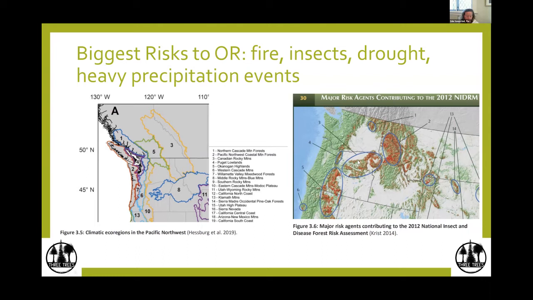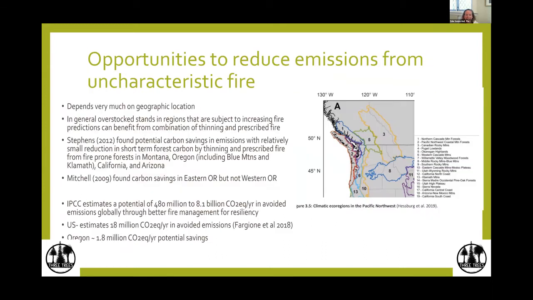This is the reduction of the equivalent of about 77 million metric tons of CO2 per year, which seems like it's about the state of Washington's total greenhouse gas emissions, although I have a feeling that Washington has increased since those numbers, Mike. I think it's closer to 100. There are a lot of people in Washington now.